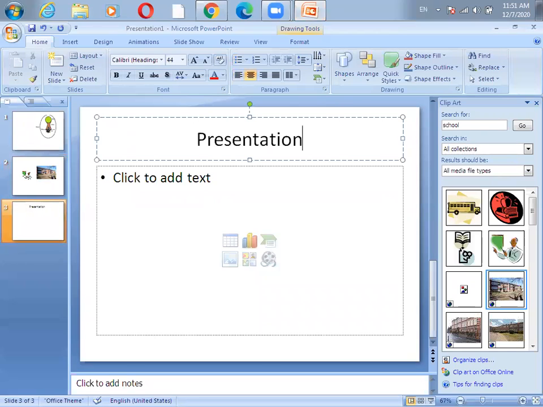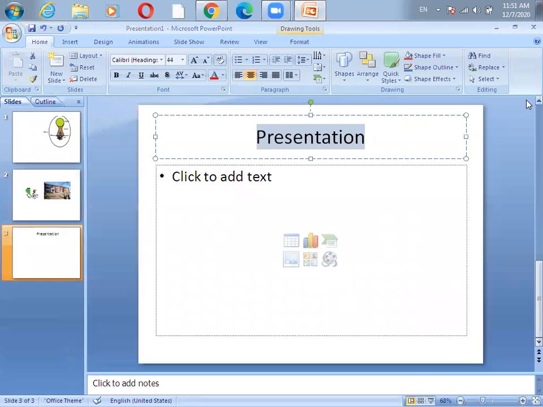Now, how to apply the modification? If we want to apply any modification on the text, whatever we have written on the slide, first we need to select that particular text. Okay, so we have selected this one.